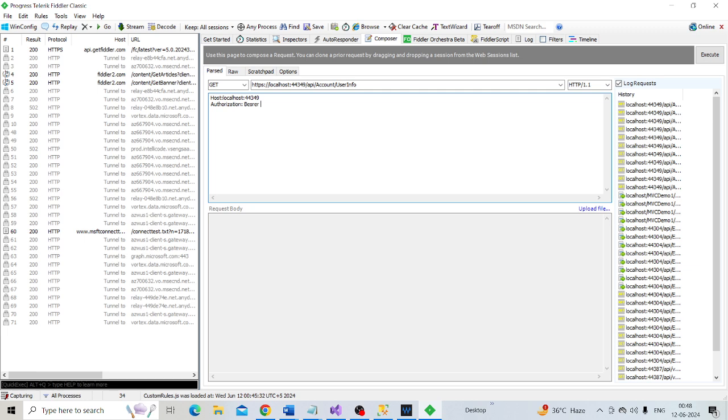Since the access token is a bearer token, we also have to use the word bearer and then the access token value. We have got the access token in the URL, so let's copy it from the URL. The access token value starts from here.